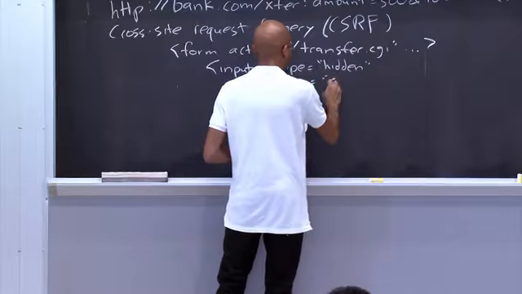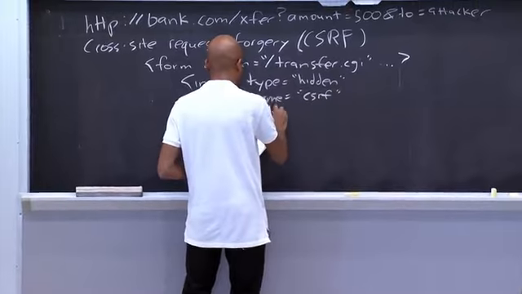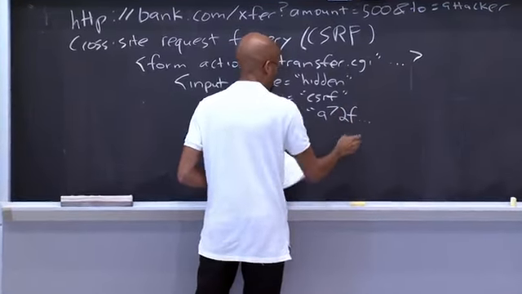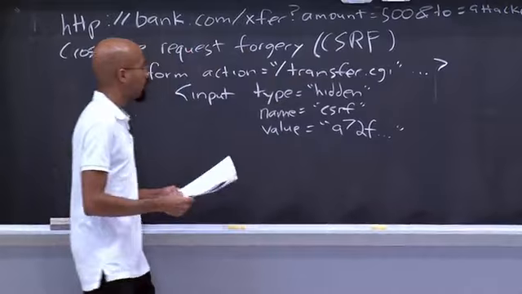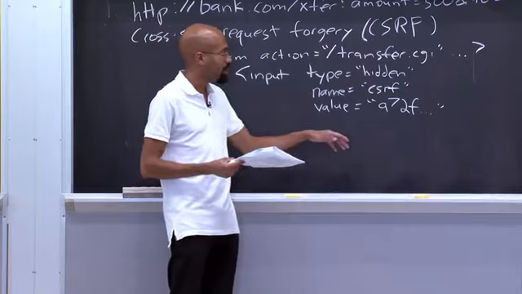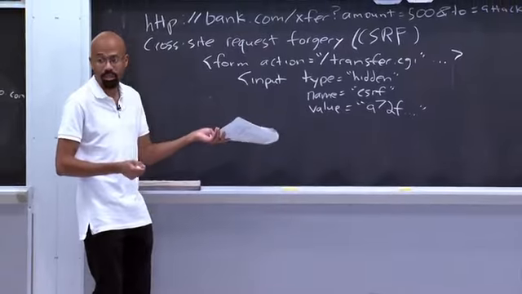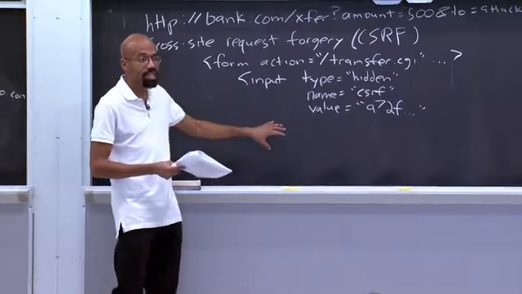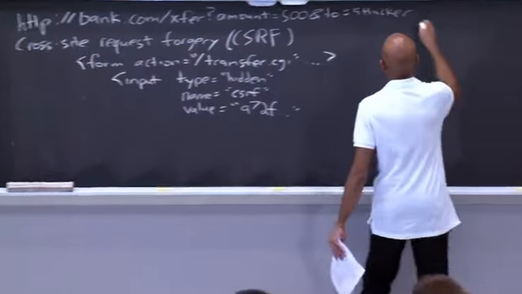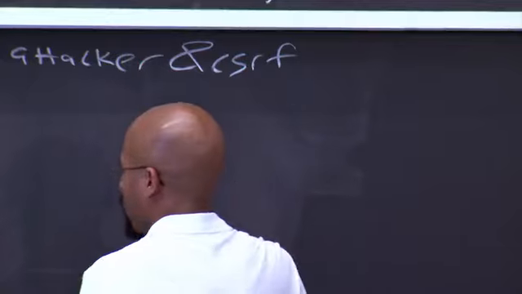And then we can give it this attribute. We'll call it CSRF. And then we'll give it some random value. A72F, whatever, right? And so remember, this is generated on the server side, right? So when the user goes to this page, on the server side, it somehow generates this random token here, right? And embeds that in the HTML that the user receives. So when the user submits this form, then this URL that we have up here will actually have this extra thing up here, which is this token here,